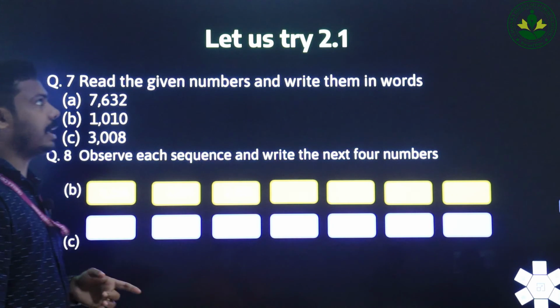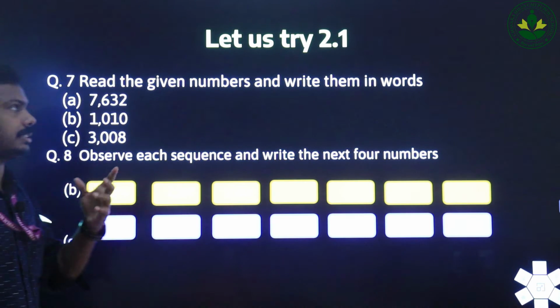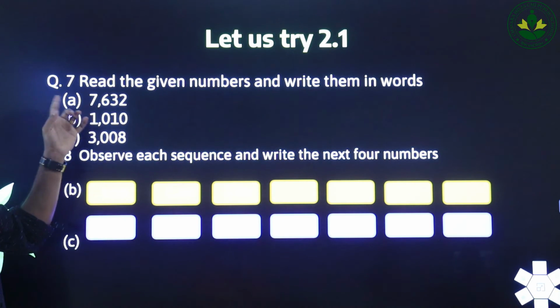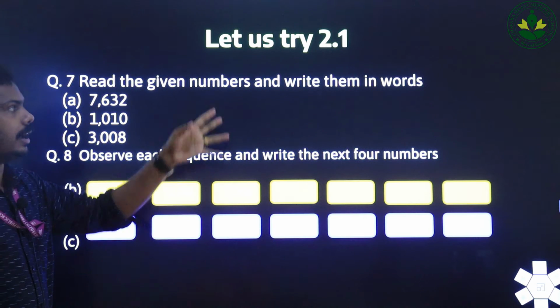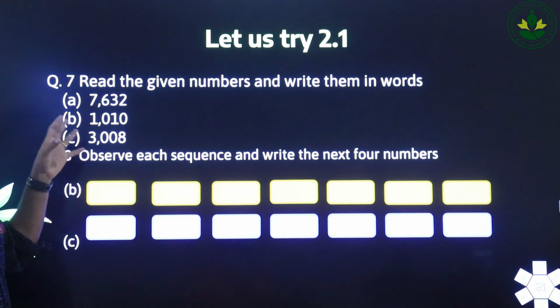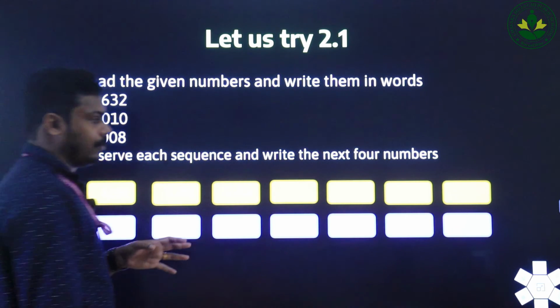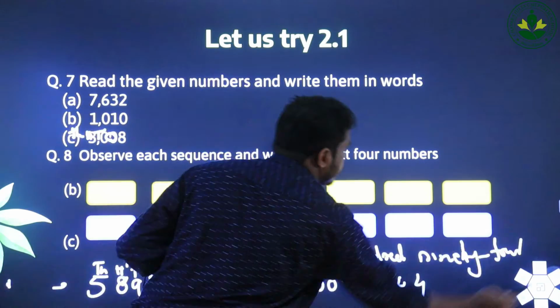Here, let us try 2.1 in your textbook. You can see some questions. Question number 7: Read the given numbers and write them in words. We need to write these numbers in words. First number, that is